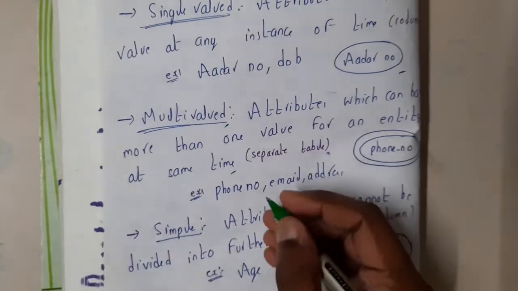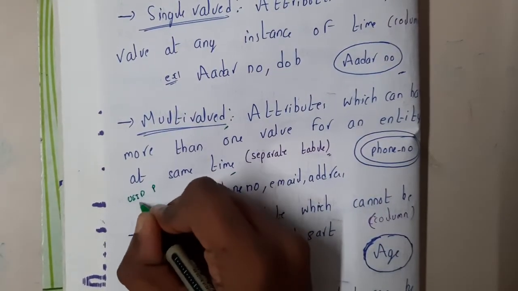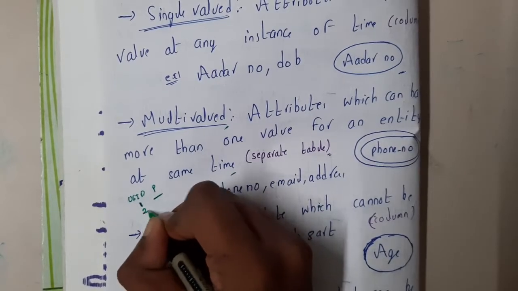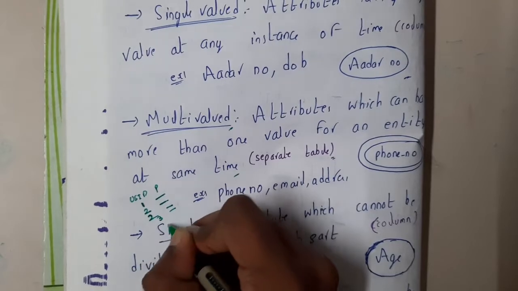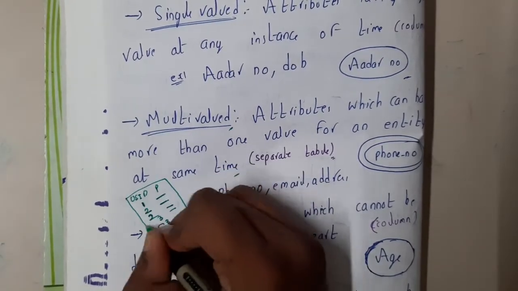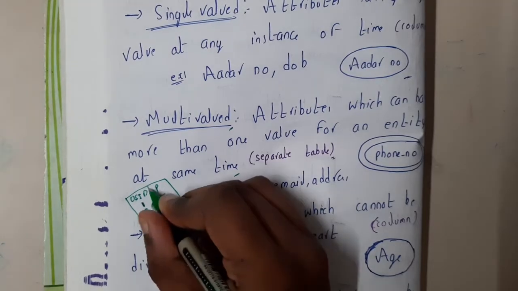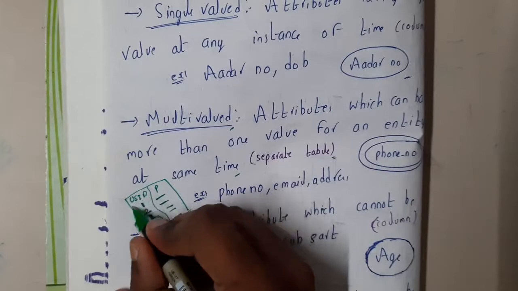So what we do is we create a separate table with the user ID and phone number. So user ID 1, phone number 1, user ID 2, phone number 1, user ID 2, phone number 2, user ID 3, phone number 1. So in this way, we are going to store this table. So this is going to be a completely separate table, right? Yes. So for multi-valued attributes, we are required to build in this way, guys.